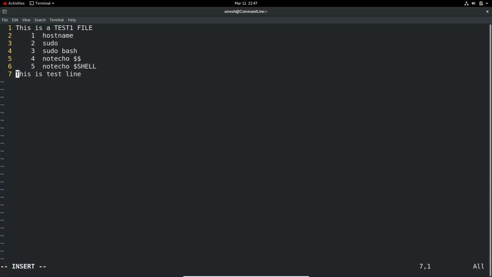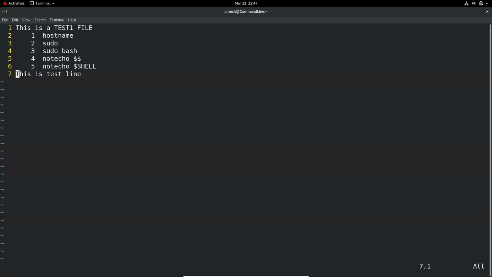Now let's talk about the command mode. Command mode is the mode that VI starts in. And if you're not sure which mode you are in, you just press the escape button and then you will return to the command mode. In the command mode, the keys that we enter from the keyboard are interpreted as a command, not as text. So you will not see that displayed anywhere on the screen, but it just acts like a command. That might be a little confusing if you're new to VI.